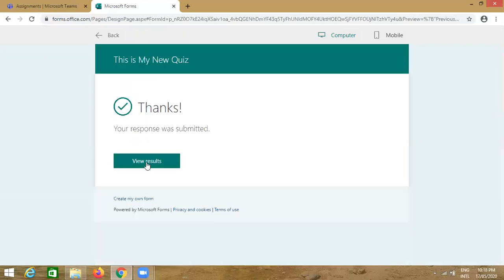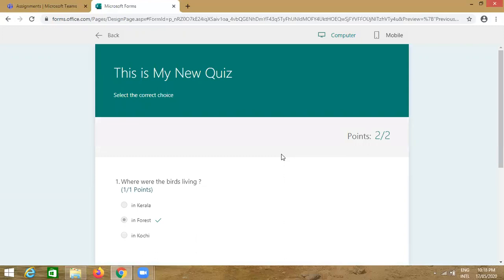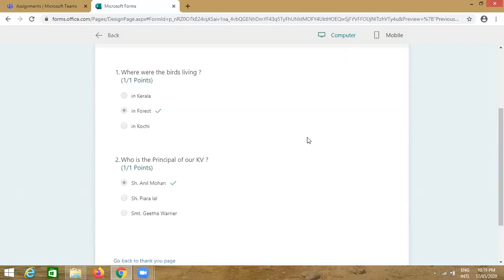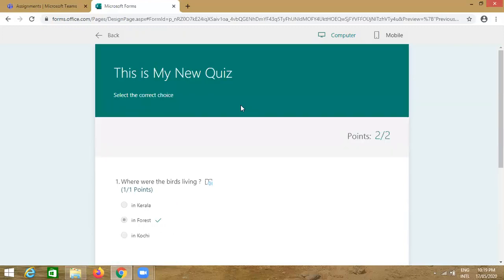So here in the view result, the answers marked by the student can be viewed. So here same marked, here also same. So the student has scored 100% in this. So like this he can view. So now when you have created the quiz and checked its preview and tested by submitting one response, then you